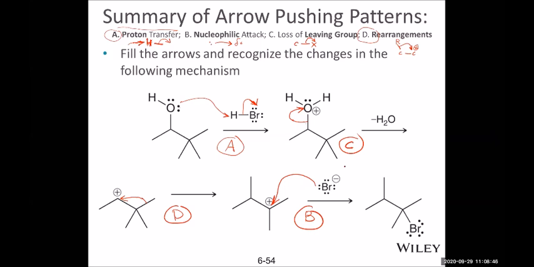Arrow pushing in organic chemistry is very important. How important? Starting from the next exam, the second midterm and final, each exam, I would say about 20% of the points come from writing the reaction steps, the mechanisms, which is basically the arrow pushing. So from the second exam all the way to the final, keep in mind there will be a higher weight of questions coming from arrow pushing: how do reactants interact, form bonds, and break bonds? There will be numerous arrow pushings for each chapter.